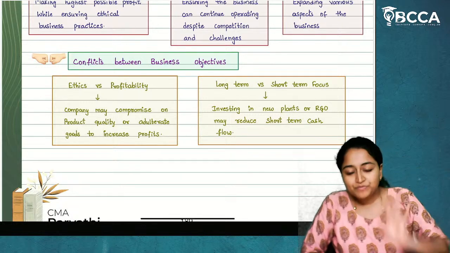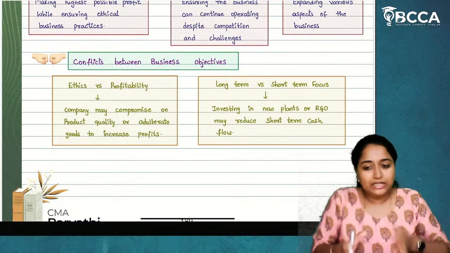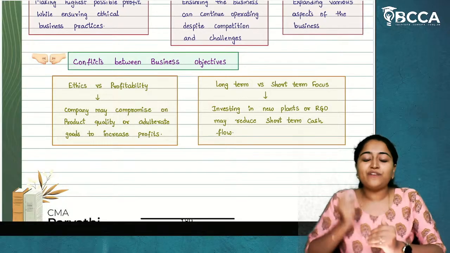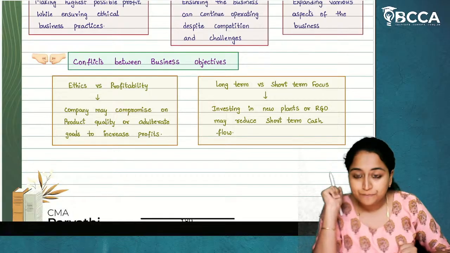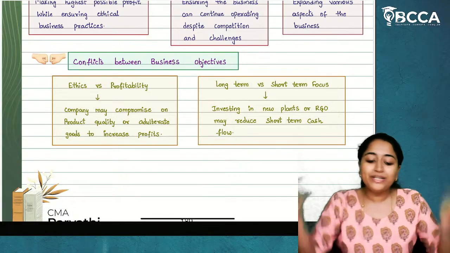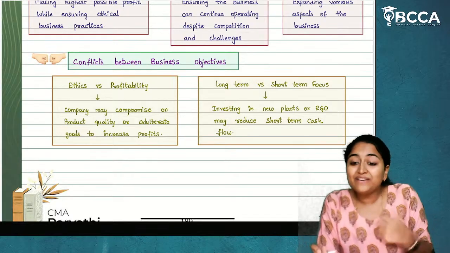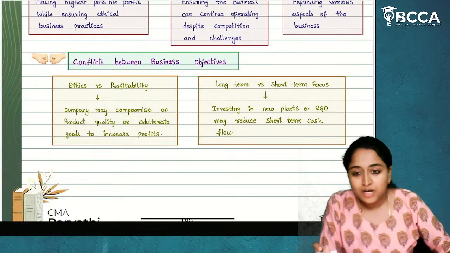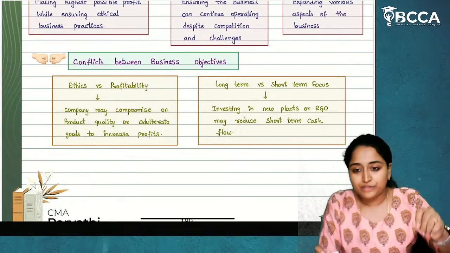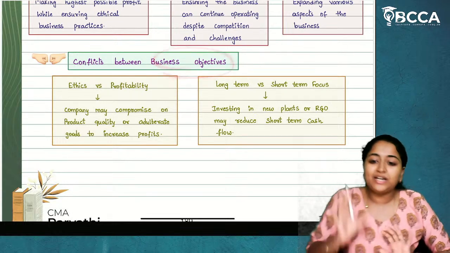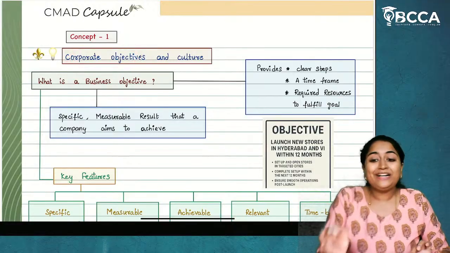See, for example, I am getting a profit of 25 crore rupees in the current year. Now, if I put this 25 crore back in the same business, I'll get more profits in the next financial year. But what I am doing, I'm not putting it again in the business. I am going for investment so that I will have a benefit in the long run. So, sometimes management will not focus on the short run, but on the long-term benefit. In that case also, there might be a clash of business objectives. So, this is regarding the concept of corporate objectives.